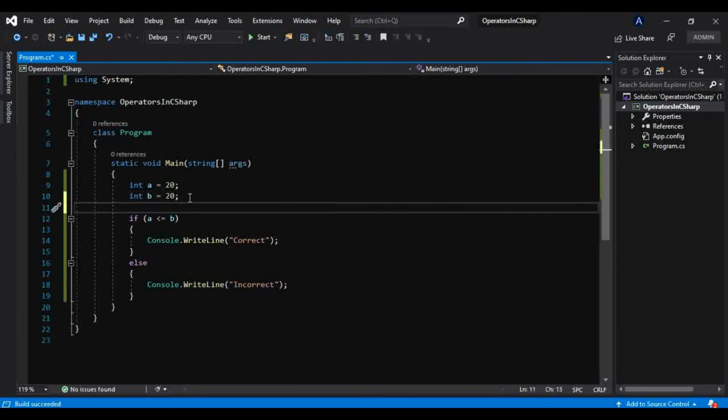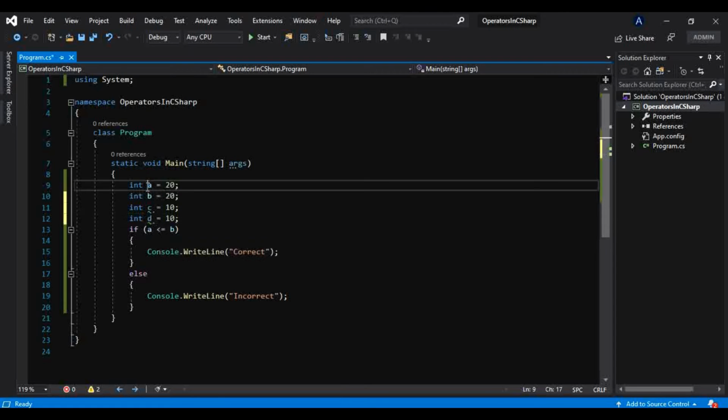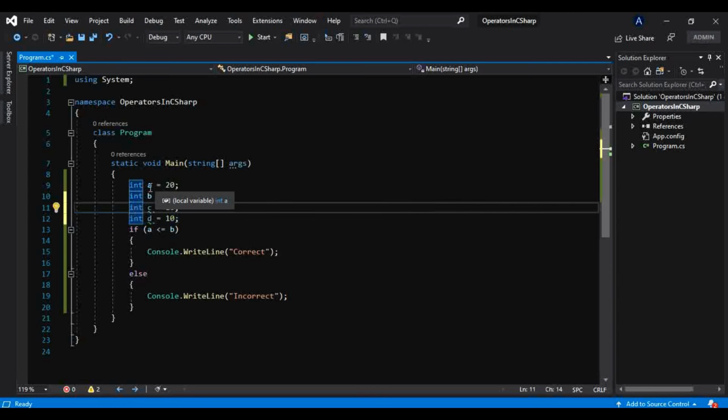Let me take another two variables. Let me take c equal to 10 and int d, and let me take 10 here, another 10. Now I want to print correct if both these conditions are true.